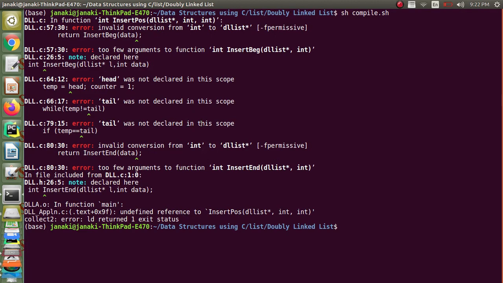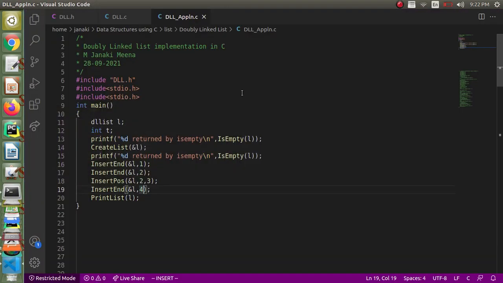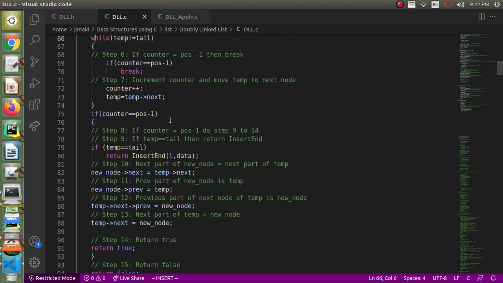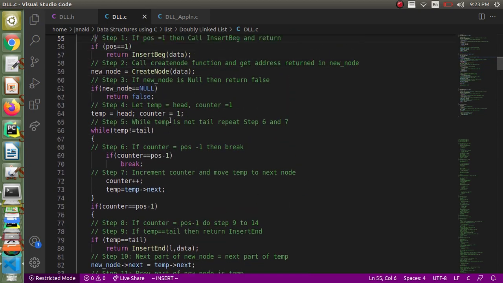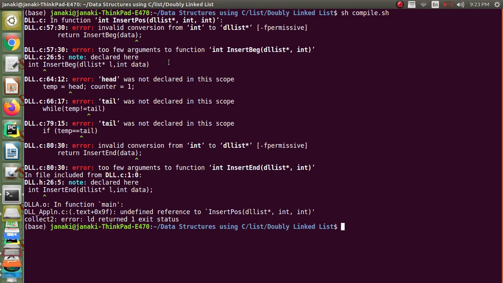So let's see. Okay, so this is a procedural programming C language. So I have to pass the list also. When I am calling, I am not passing the list. That is the major problem. Okay, L comma, right? And when I am calling insert beginning also, I should tell L comma, right? This is one problem. And what else?